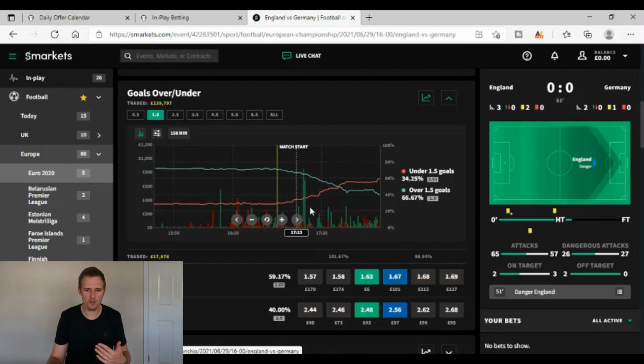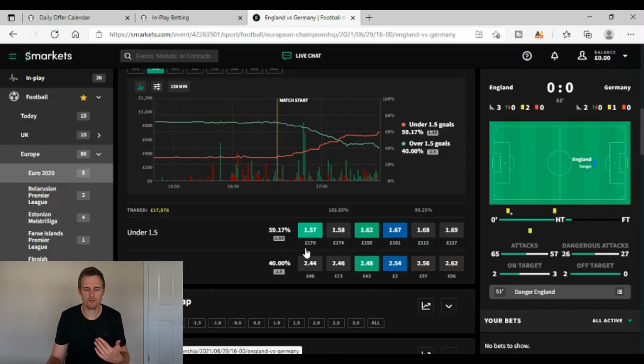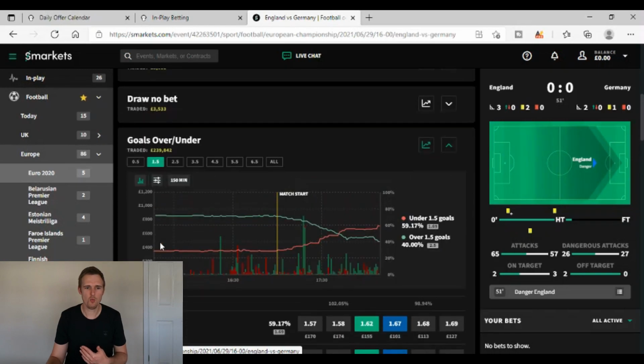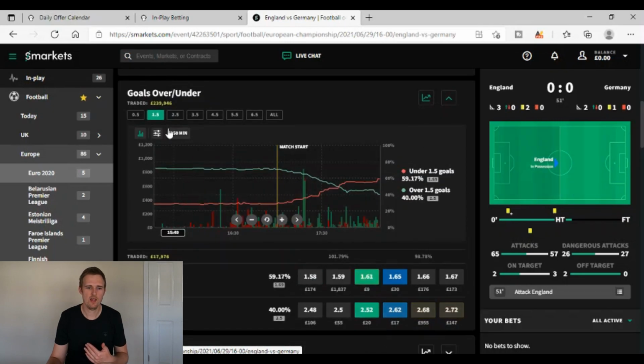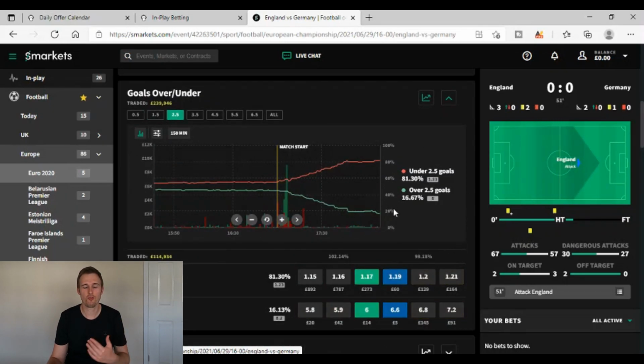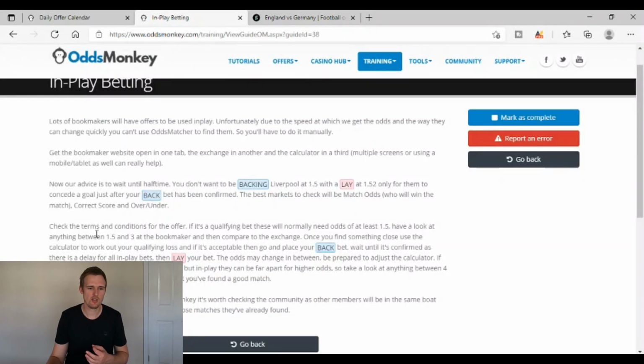So, a great one here for qualifying you for the free bet would be like this. Under 1.5 goals is a 1.6 lay odds. So if the bookmaker's odds were, say, 1.62, that'd be fantastic. You would place that. And if you wanted to place the free bet, then you would want higher odds. So as it says here on the guide, check the terms and conditions for the offer. If it's a qualifying bet,